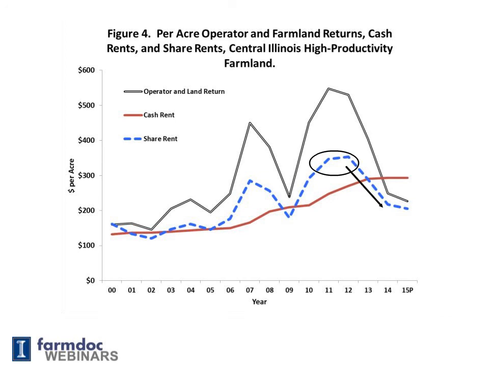In 2013, 14, and 15, share rents decreased because of lower commodity prices, and the share rental arrangement builds that sharing into the arrangement. And again, these share rental returns went down faster than the average cash rents. It's likely that if we continue to see lower projected prices in 2016, cash rents will come down as well in 2016, and that simply has to happen over time if we see average cash rents above operator and land